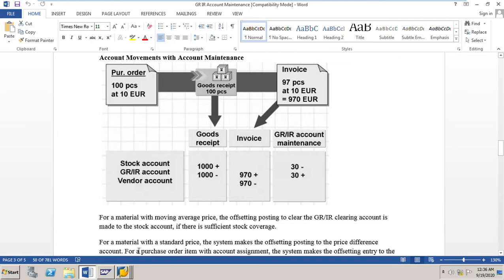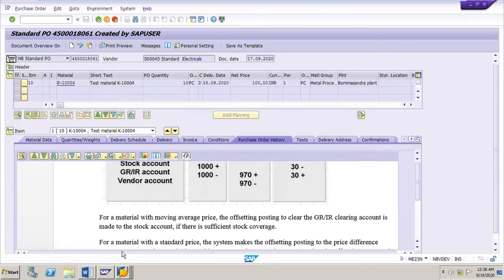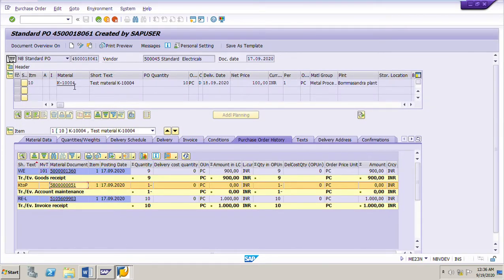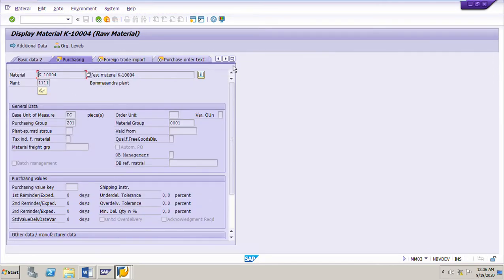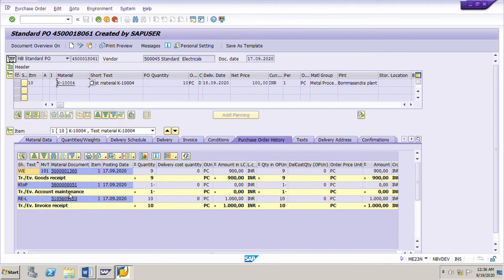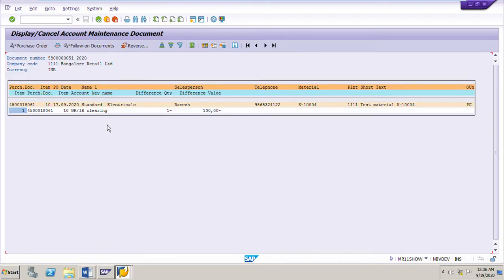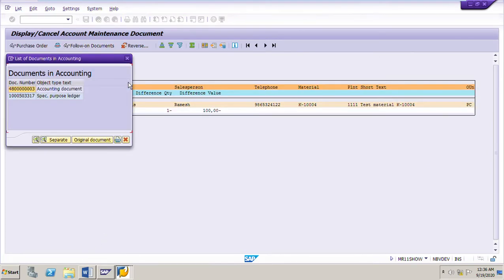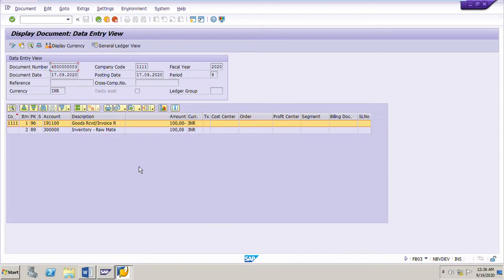Let us see the valuation type of this material. I will go to the Accounting 1 view. Here, this material is valuated at moving average price. So since this material is valuated at moving average price, if we go to the accounting document of this GRIR settlement document, the offsetting entry is made to the stock account.